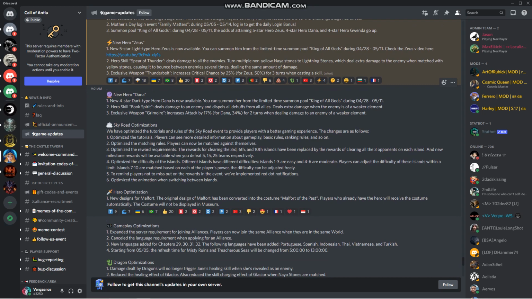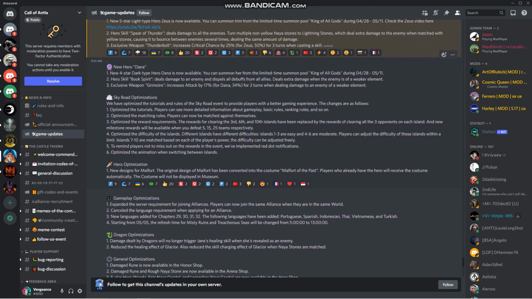Of course, we've got Zeus, who's pretty awesome, and a new exclusive weapon for him that increases critical chance for 3 turns when casting a skill. Then we've got Dana. She's going to be pretty good if you're a free-to-play player and you get her. It's a good character. You're going to want to level her up. The dispel of all debuffs from all allies is huge. There's not that many cleansers in the game, so if you get a chance to get her,